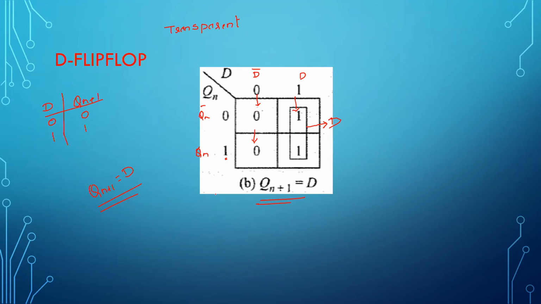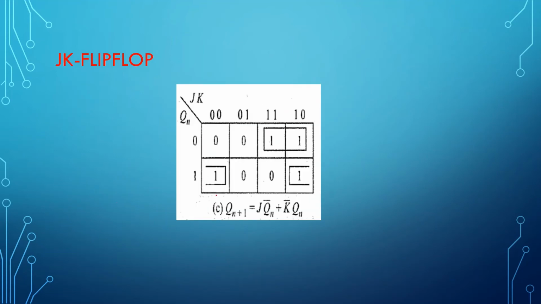Moving on further, what's the next flip-flop you know? JK flip-flop. JK flip-flop is one of the versatile flip-flops which has got n number of applications when coming to the application side of flip-flops. So we'll study how to write the characteristic equation of the JK flip-flop. Before writing the characteristic equation, I need to know the truth table of the flip-flop. So I'll write it down: J, K, present state and the next state.